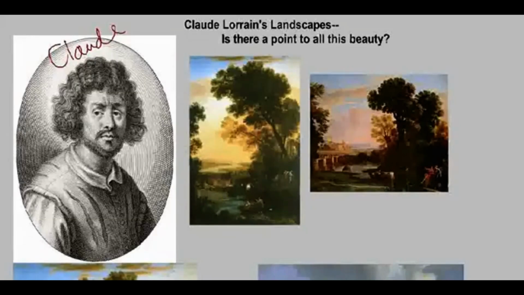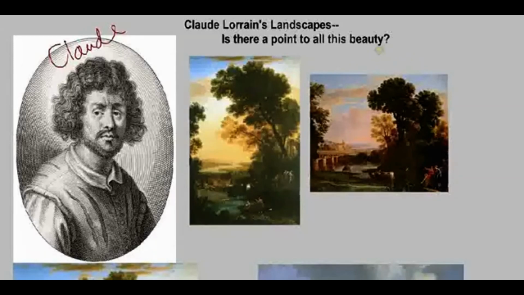There's a trend here with some of these French artists we're looking at. Now, like Poussin, he spent a great deal of time in Italy, and he was very influenced by the work of Italian artists that he saw in Italy. But he was also very influenced by the Italian countryside, the countryside around Rome. And he used what he saw as inspiration in his landscapes, and two of his landscapes are on the right side of the screen here. He's known for these really lush, sumptuous, beautiful landscapes with this soft light and almost an impossible perfection.